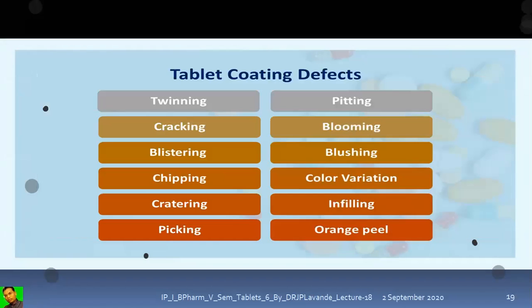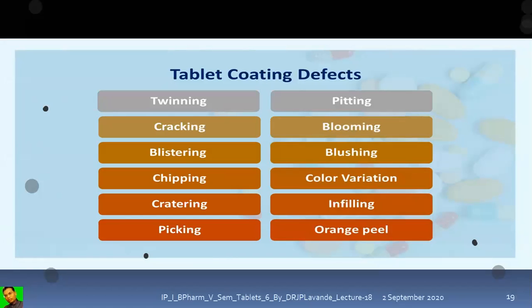Now we saw the different coating processes, that is the sugar coating, that is the film coating. Film coating is of two different types, functional coating and non-functional coating, and there is the compression coating. So the compression coating, that is the tablet within the tablet, requires the core tablet surrounded by compression with the help of the coating granules.